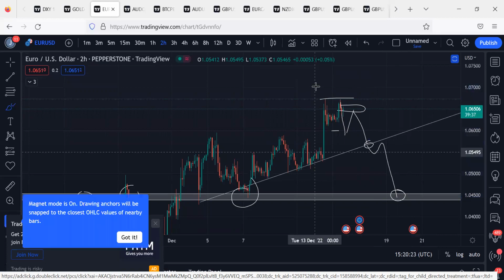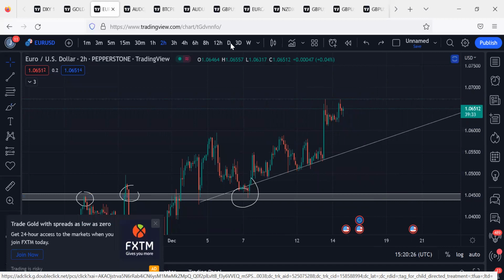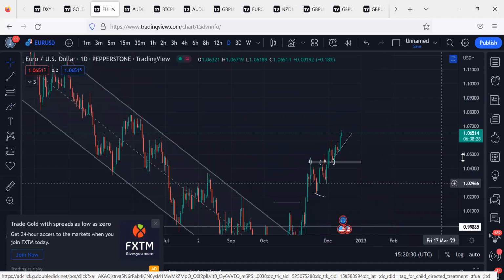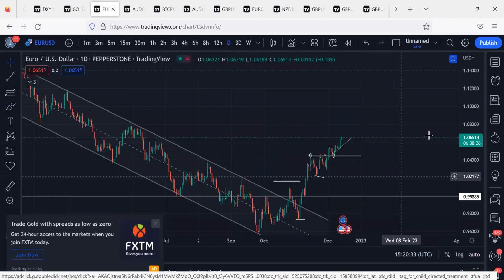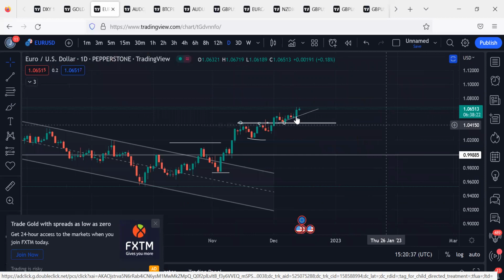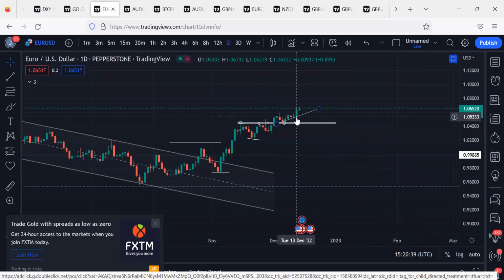So if I can just delete all this, go to the higher time frame for you to understand what might be happening or where we might be going to. If you look at this, where do you think we might be going to? So forget the news that happened yesterday. The news that happened yesterday was only from here 533 to 6 something. That's about 200 pips, yes. But we're looking at thousands of pips into the future.